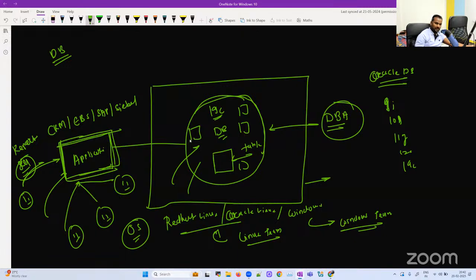So those people who are using the application, they are going to run their jobs and do all these things. So what is my responsibility as a DBA? My responsibility as a DBA is to make sure that this database should be up and running 24/7. What is meant by up and running? See, let's say I'm going to the ATM. I want to withdraw some money,